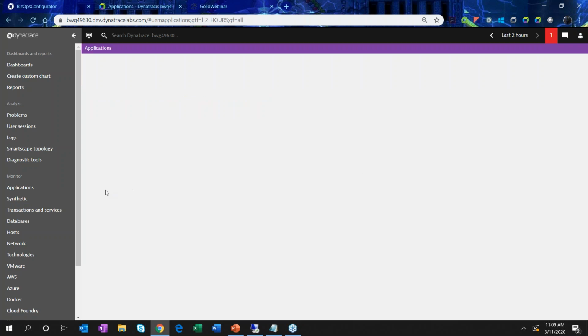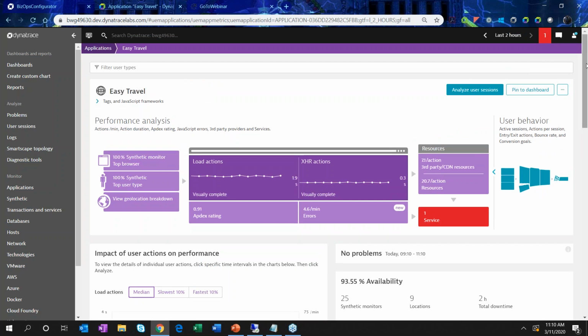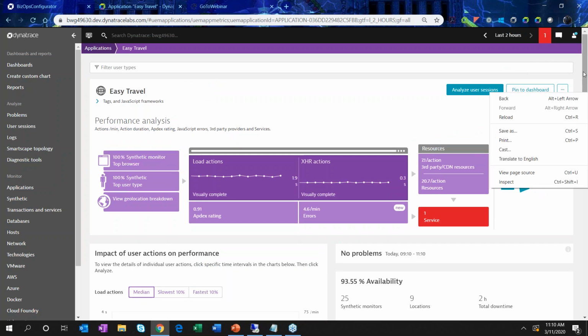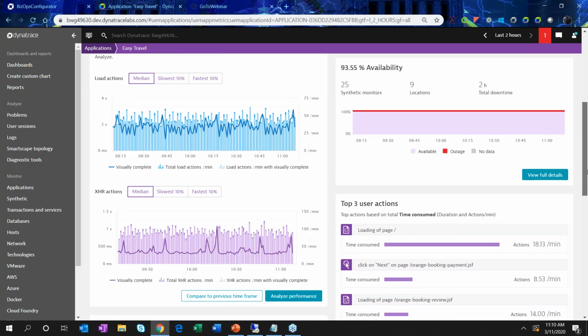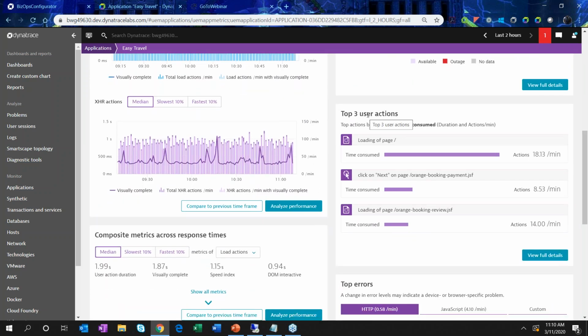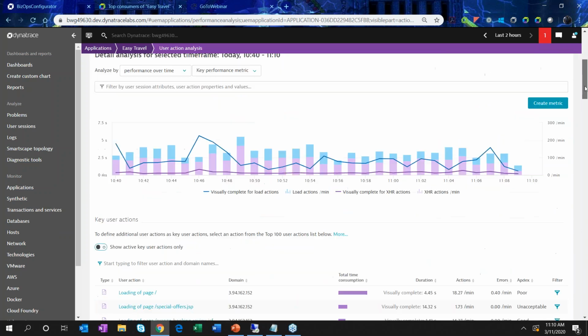If you want to click on applications in the side menu bar, for whatever application that I'm going to ultimately start to deploy journeys to, we want to make sure that each step of that journey, each user action, is marked with a key user action, all right? And if you scroll down to where it says my top 3 user actions, you click on full details,